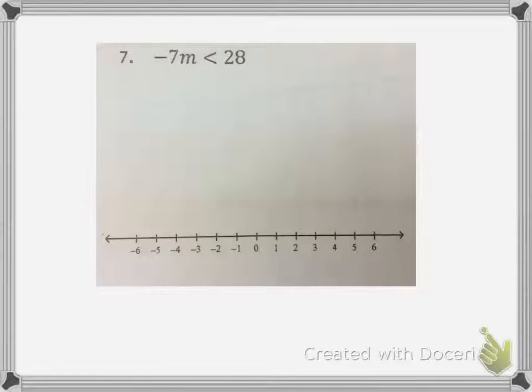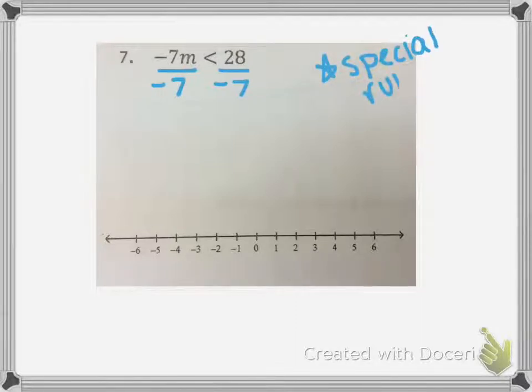Okay, so number 7, negative 7m is less than 28. So I undo multiplication with division. I'm going to divide both sides by negative 7, but if I'm dividing by a negative number, this is a special rule problem. And please make sure you write down special rule so you don't forget. Negative 7 divided by negative 7 cancels. We're left with m, and because it's a special rule problem, I need to flip-flop the inequality,